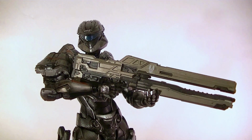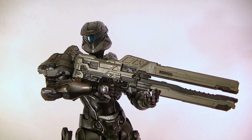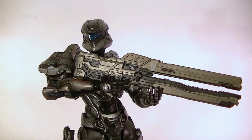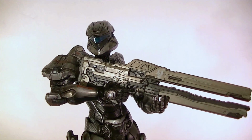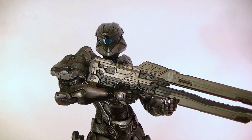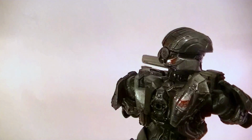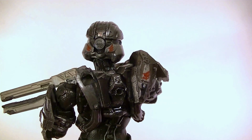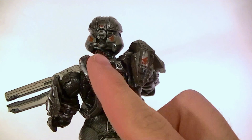I was super excited to get this because it's a campaign character, well, Spartan Ops / campaign, but I do have a little bit of a confession. This figure is defective. It's missing a chunk of its back armor. That's the way they sent it to me. I needed to do the review in order to get it done, obviously, so we're going to just pretend that